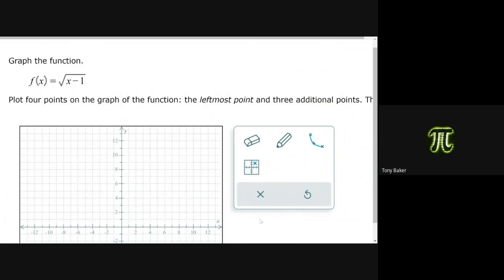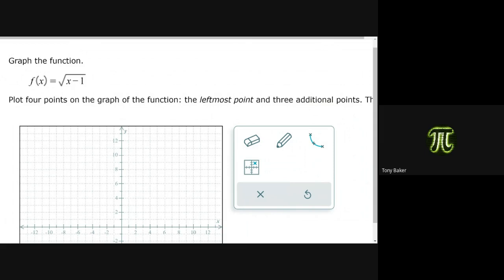Square roots, same concept. The only difference in a square root is we don't want to go both sides. Okay, so we're looking for, in this case, the beginning point because the square root cannot be negative. Okay, so when you're looking to graph this,